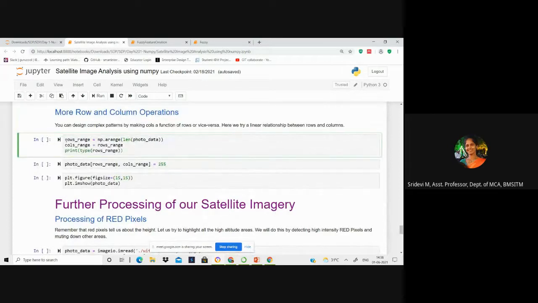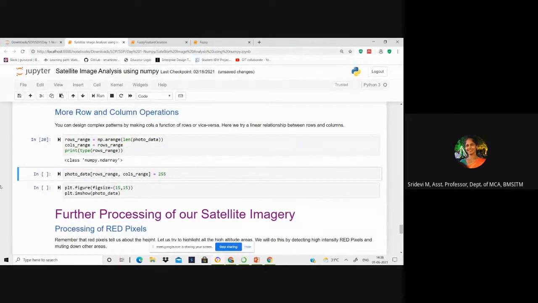Now let us see some more row and column operations. Let us take some rows range and columns range and print the types of row range and column range, just to show you that they are nothing but n-dimensional arrays.